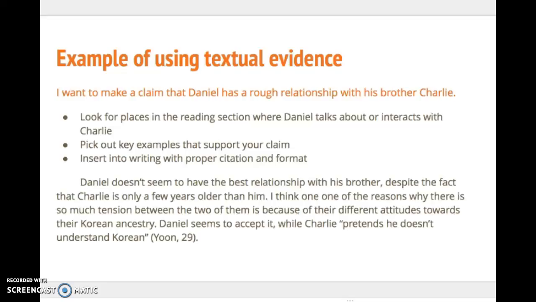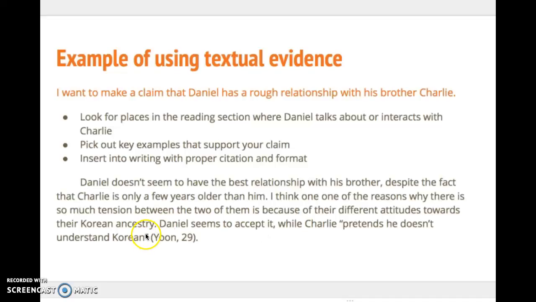So if you can see what I did here, I picked out this quote, "pretends he doesn't understand Korean," which was talking about Charlie, and I put it in the sentence that I was writing. So I used quotation marks at the beginning of when I started using textual evidence from the book, and I ended my quote